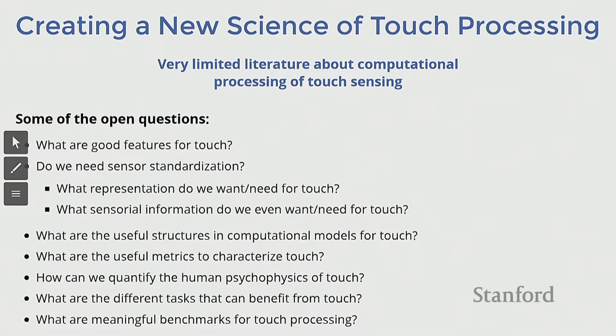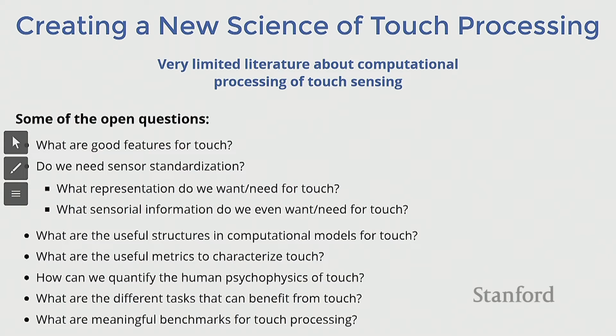And some of the questions that we will have to deal with will be questions like, what type of features do we want to extract? What is the equivalent of a SIFT feature, which in computer vision is widely used, for touch? We had a discussion with Mauro before about, should we use images? Should we extract optical flow? Should we use stress fields? What are the meaningful representations for touch that can also be generalizable between different sensors? And even more, what are the computational structures that we can exploit for processing touch?